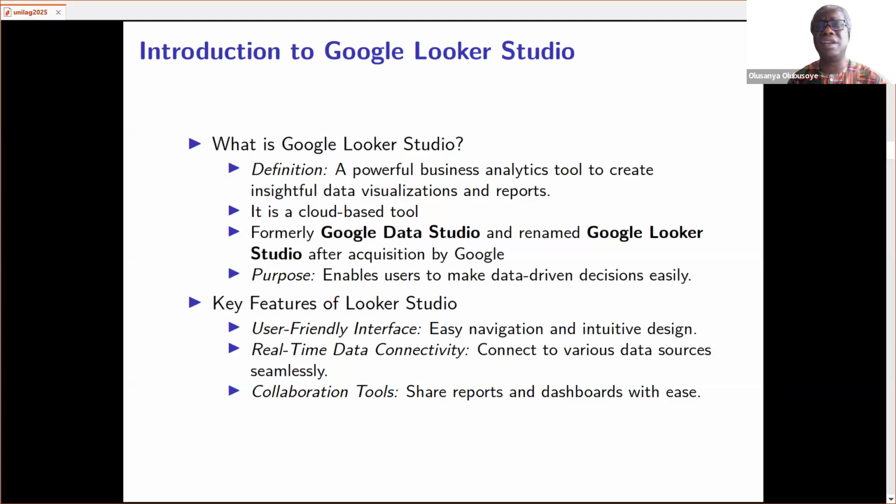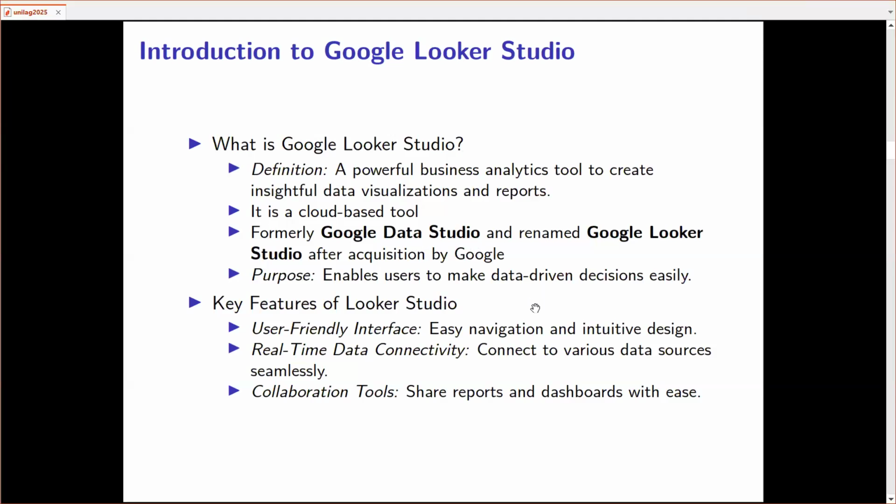The other thing about Looker Studio is that it's a cloud-based tool. What this means is that you are not installing it on your laptop. You don't need to install it on your devices. You can always open it anywhere, anytime, on any device.